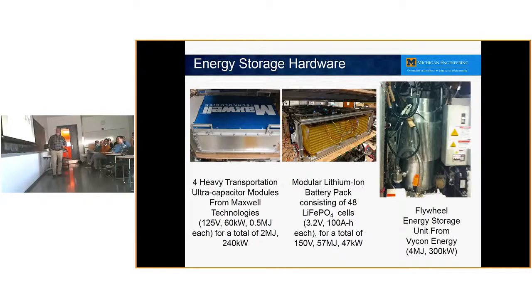Energy storage, we have these transportation ultracapacitor modules made by Maxwell. We have 4 of them. We can store a total of 2 megajoules, provide 240 kilowatts of power. We built our own lithium-ion battery pack. These are lithium iron phosphate cells. We have a total bus of, it says 150, more like 144 volts, capable of putting out 47 kilowatts of